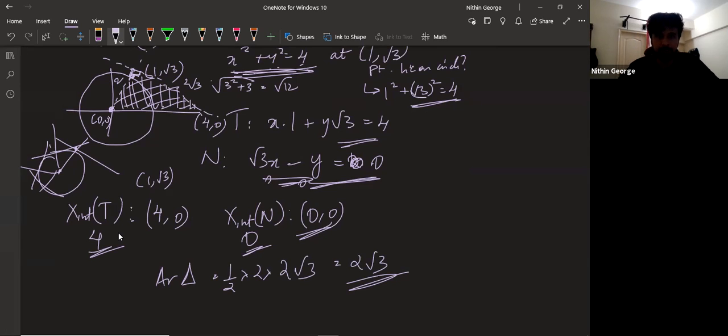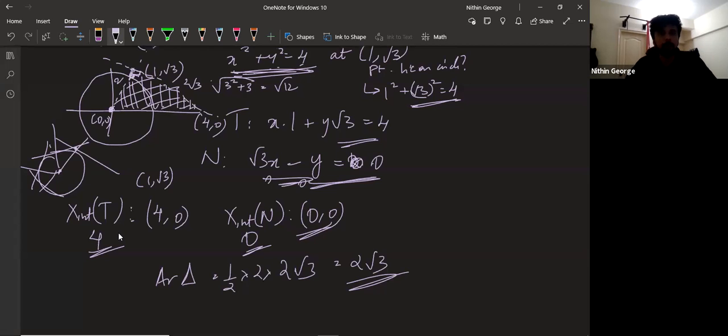You find the equation of the tangent and that of the normal. Use the equation of the tangent in that point form. You have a point on the conic given to you, 1 comma root 3. Easily find the equation of the tangent. Replace x square by x into x1, y square by y into y1. You get the tangent's equation. Normal will be perpendicular to the tangent, goes to the point 1 comma root 3. But in this case, we can simply use the point 0 comma 0, which is the center of the circle, which is also the point through which every normal of the circle will go through.